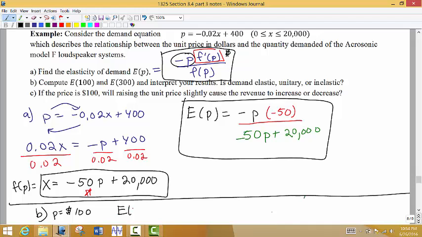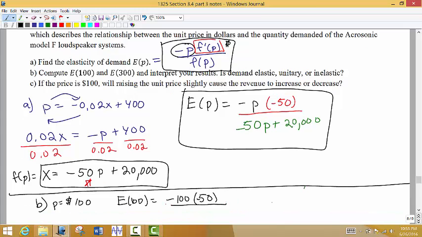So I'm going to say E of 100. And I'm going to put that into my function everywhere I see a P. So that's negative 100 times negative 50 divided by negative 50 times 100. So I'm just putting 100 everywhere I see a P in my function. All right, and I'm going to simplify this. At the top, I'm going to end up with positive 5,000, and the bottom end up with 15,000. So we end up with 1/3,